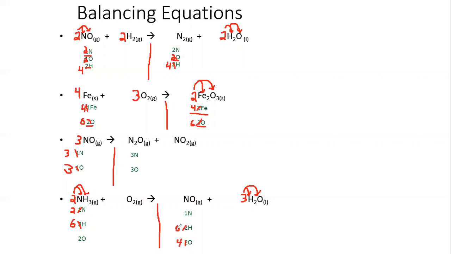So now we look here, our oxygen is not balanced and our nitrogen is not balanced. But since oxygen is in multiple species, we want to do the nitrogen first. So since we have 2 nitrogen on the reactant side, we can put a 2 in front of the nitrogen here, and we get 2 nitrogens on the product side. But again, that 2 gets distributed to the oxygen and the nitrogen. So we have 2 nitrogen, and now we have a total of